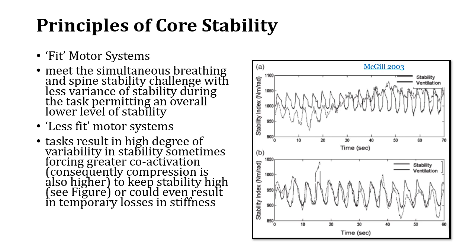So these could be construed as a little bit complicated images that you see on the right-hand portion of the screen. I want to simplify and make them clear to you as they reinforce the less fit motor system as described by McGill. In the bottom, or the B image, you can see that you have two lines going in oscillation. On the y-axis, you have spinal stability, Newton meters per radian, etc. The units are less important. Really, it's just a conceptualization of the oscillation of spinal stability